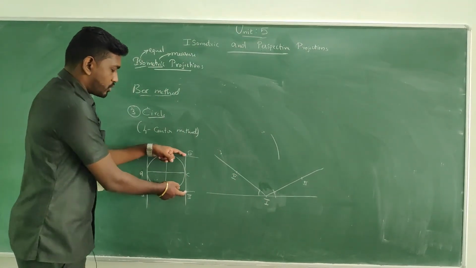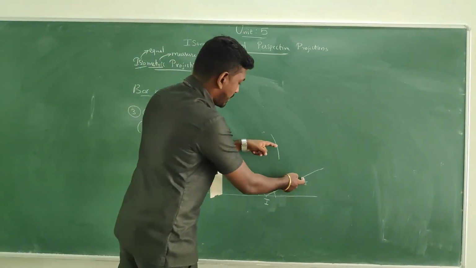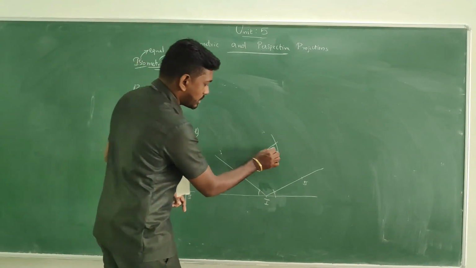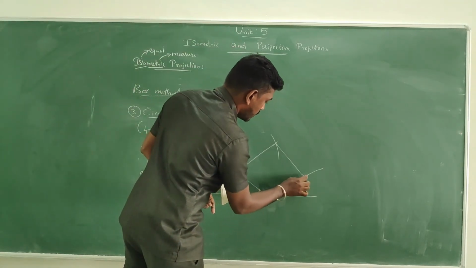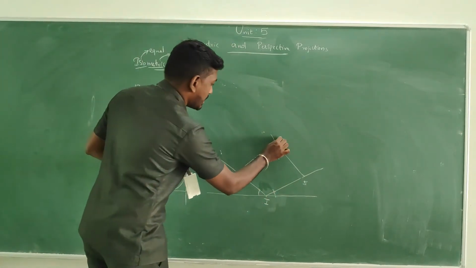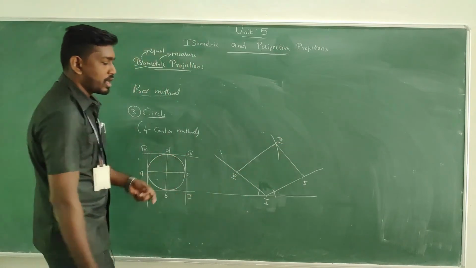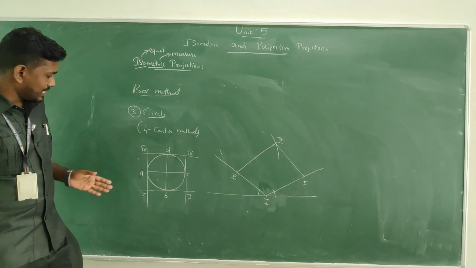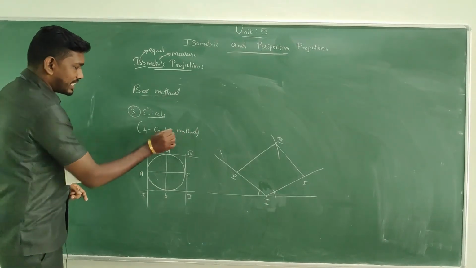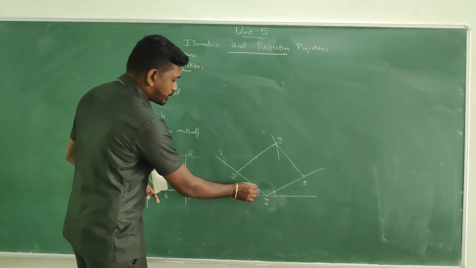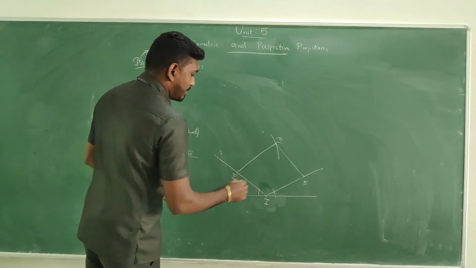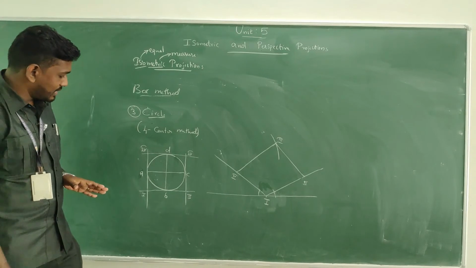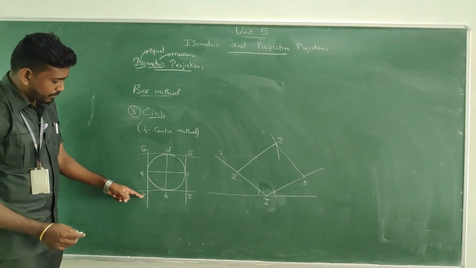Then take the measurement of 4 to 3 and keeping at 4, just make a cut mark. Then take the measurement of 2 to 3 and keeping at 2, just make a cut mark, so that you get the third one, and we can form the boundary in the isometric view. Then it is the easy four center method. So here we need to specify the four centers at the mid of the boundaries.